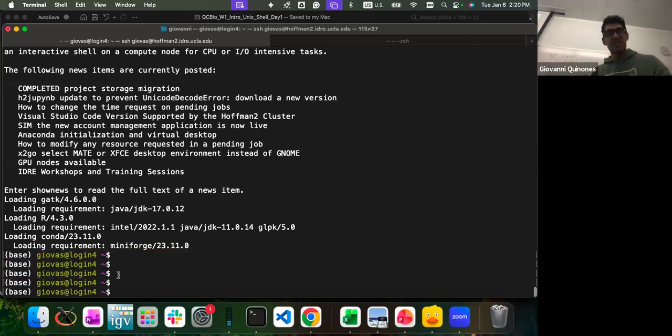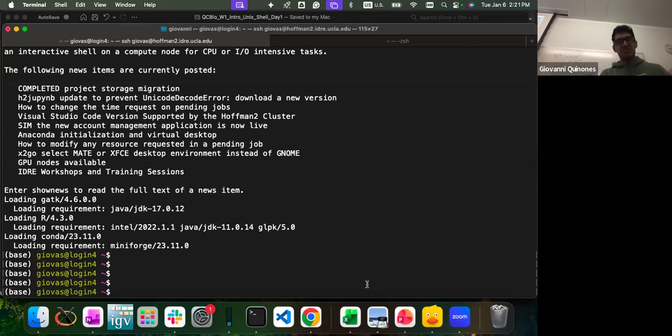I made my command line look a little better, but this just indicates the environment that you are logged into. Just the same way that on your computer you're by default on your base environment, on Huffman you're also on your base environment. And like I mentioned before, base just means you have access to the most basic functions. If you need a more specialized environment, you have to create it and then log into that one, and that will show over here.